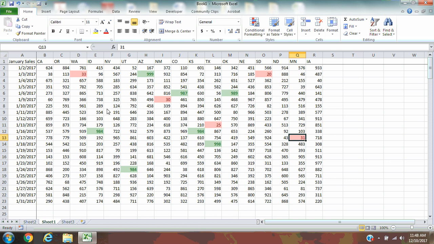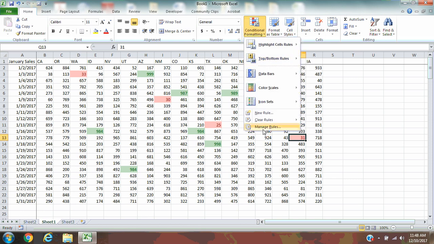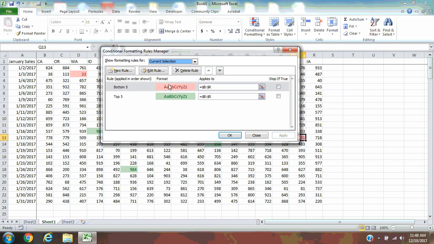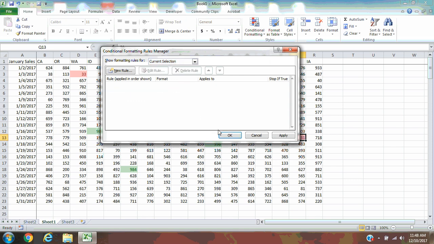And let's say instead of highlighting the top and bottom number of items, you want to do top and bottom percents, you can do that too. Again, you can come back to Conditional Formatting and Manage Rules. You can double click the rule like we did earlier and change it to a percent, but I'll walk you through how to do percents